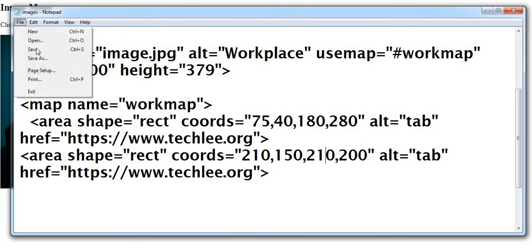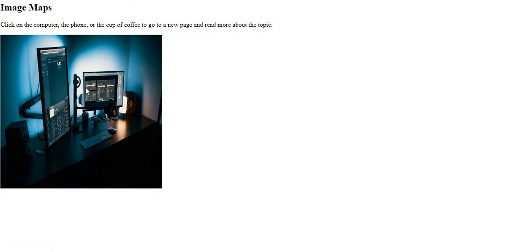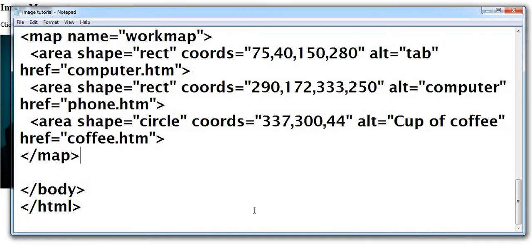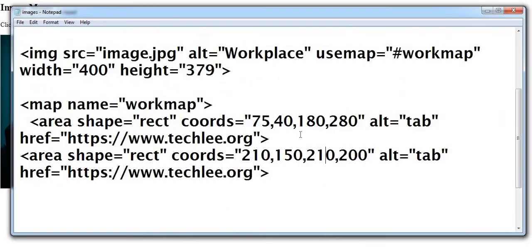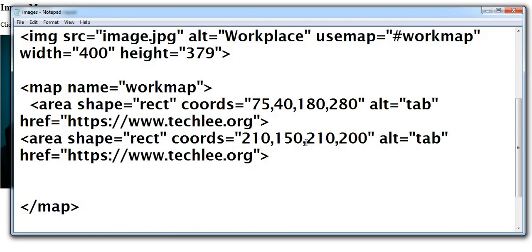Now we are creating another clickable area within the image, meaning two different clickable areas. It is not created. Let's see what went wrong. Coordinates 210 150.